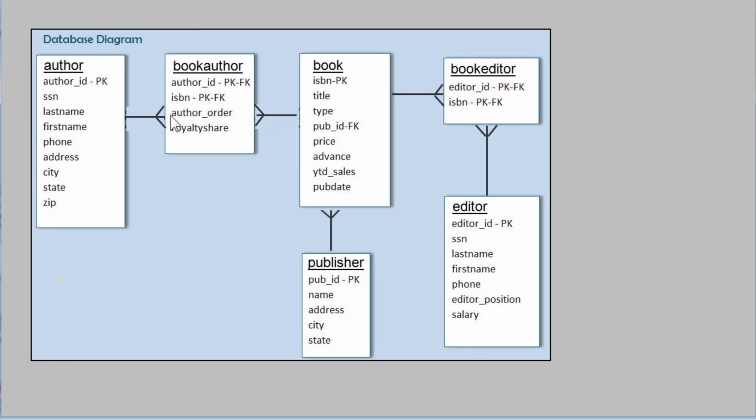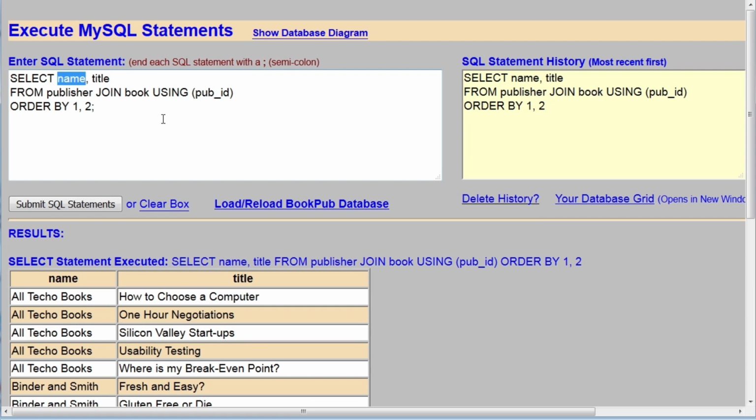Going back and looking at the diagram, you can see that there is no name field on the book table. We have a title, but not the word name. The column name is only on the publisher table. So SQL knows what to do. It says, cool, name, I want to get that and title. It's only in one place. The pub ID is in two places, but because of using this shortcut, the using clause shortcut, it knows